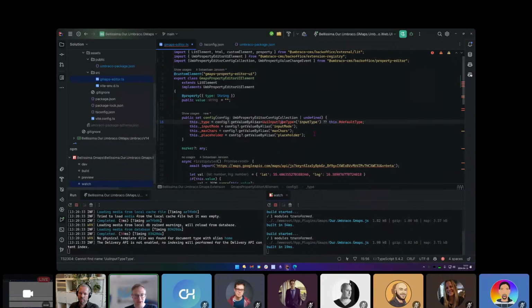So you know this is a string, right? So if you reuse the first one, get value by alias, you could say it's a string instead of a UUI input type thing, lowercase string. And then the alias will have to match the alias you put in the manifest API file. Yep, the key. And you could potentially fall back to something else as well, but if it is not filled in, I don't really care about it at the moment. Yeah, just assume it's that. And then you need to save it somewhere